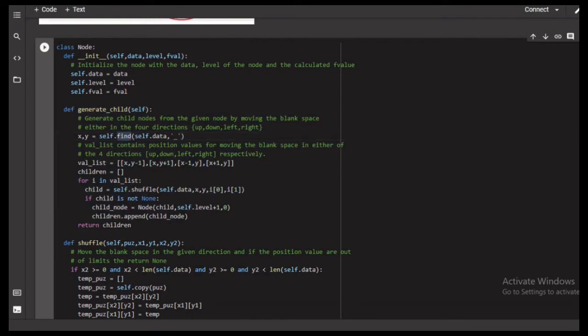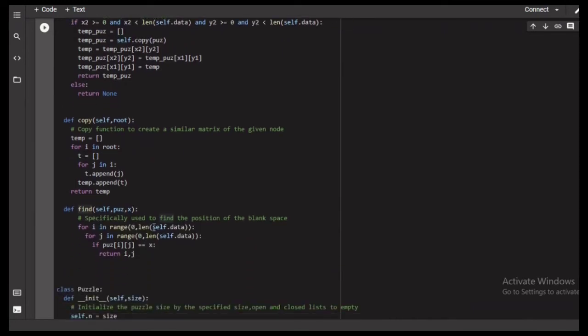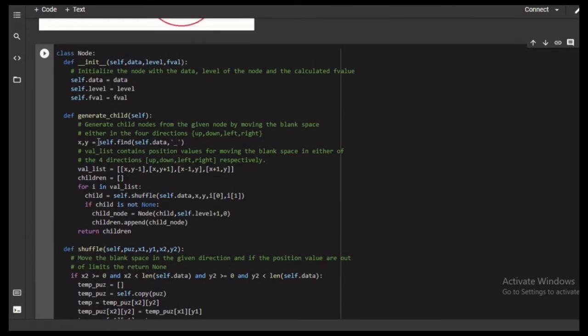This is specifically used to find the position of the blank space. So we are checking if at any particular position the blank tile is present, then we are returning that value of i and j. So here now we have a value of x and y, that is the location of the blank tile.